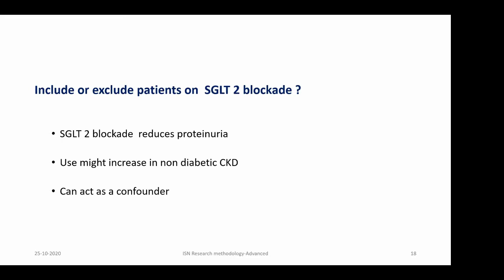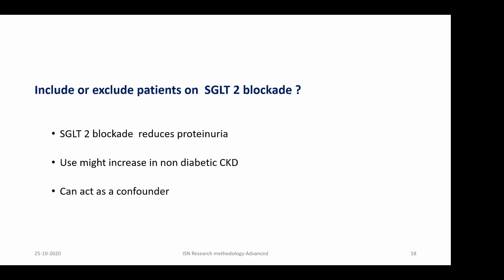Whereas on the other hand, another nephrologist probably would be perfectly happy. So it might take a couple of years for rampant use of SGLT2 blockade, but if you are proceeding with such a study now, you are going to encounter patients who are on SGLT2 blockade. Now the question is whether you have to set it as an exclusion criteria. If you want to set it as an exclusion criteria, you can set it as an exclusion criteria.